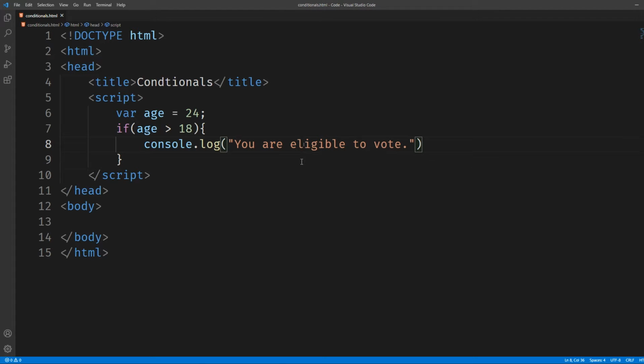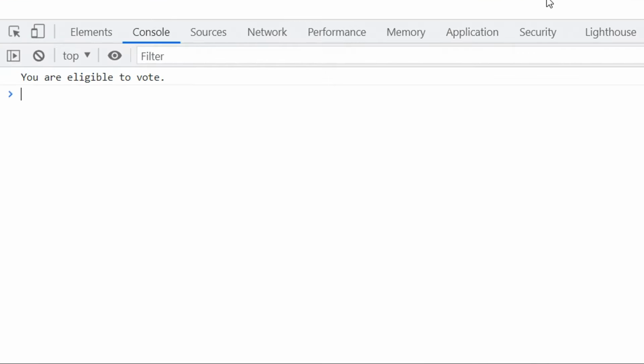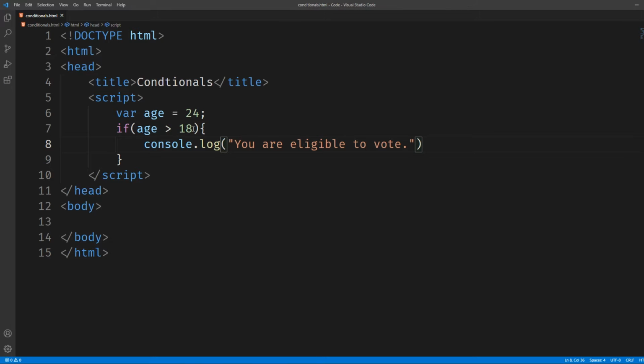If I save this file and go to my web browser, open this file and refresh, you can see nothing here. But if I go to my console, let's just press Control Shift and J, and you can see "you are eligible to vote." Now if I go back to my VS Code and change this value,